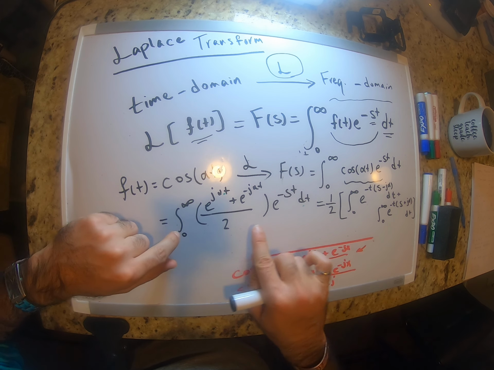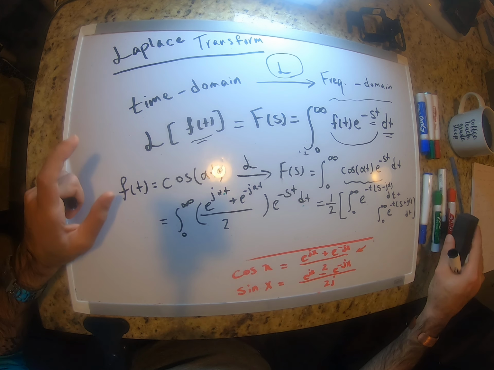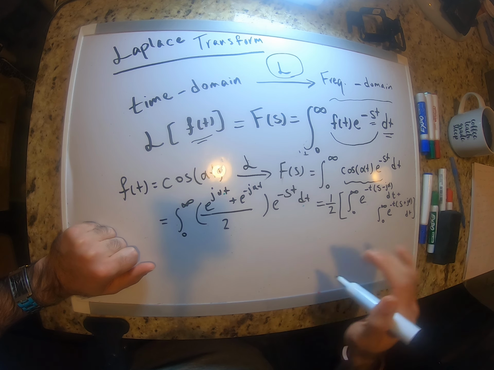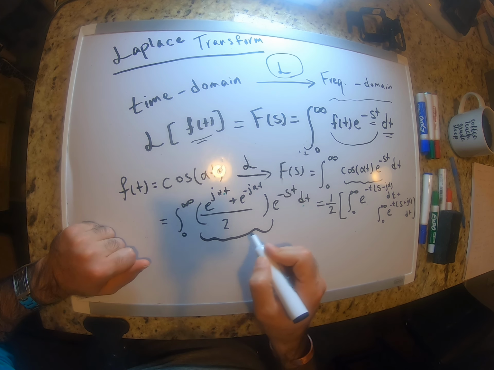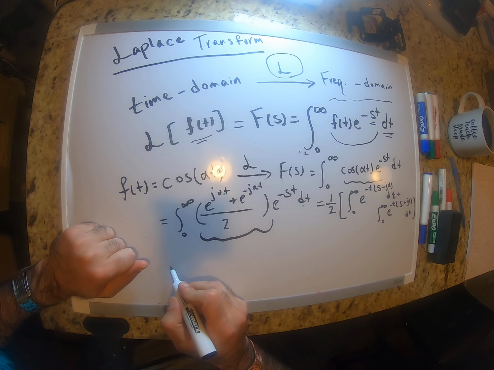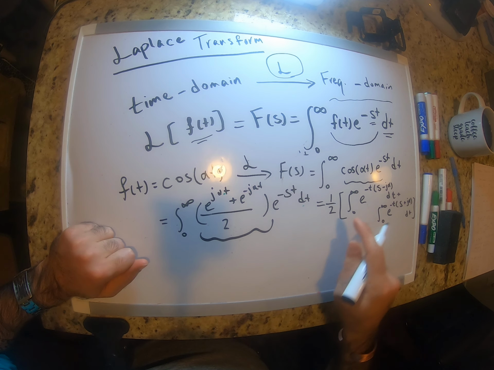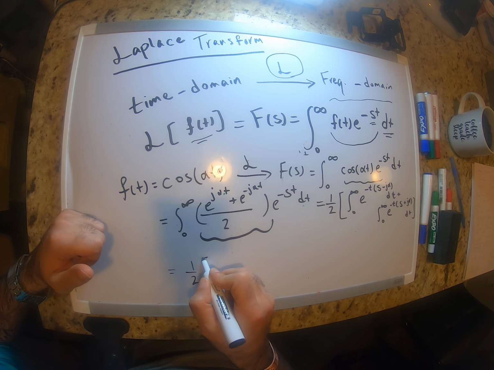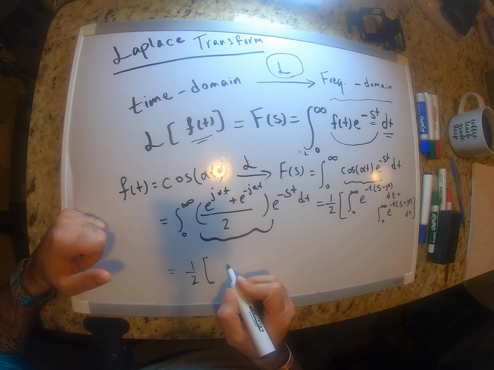I broke this into two integrals. I separated them, so that's going to be easier. This is the same as cosine of alpha t, according to Euler's theorem. So if I want to solve the first one, it's going to be 1 over 2, which is out, divided